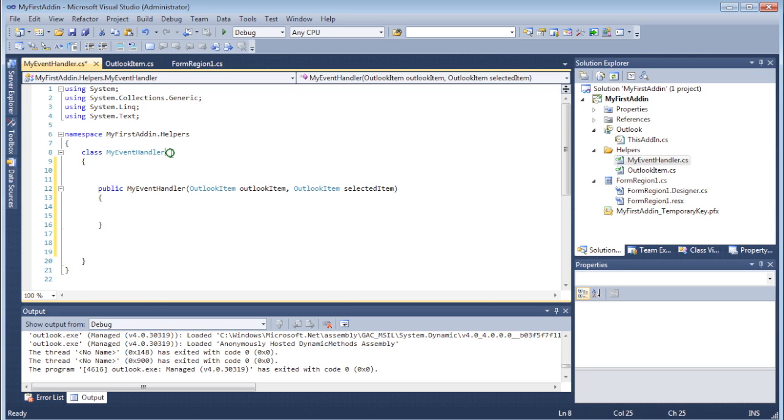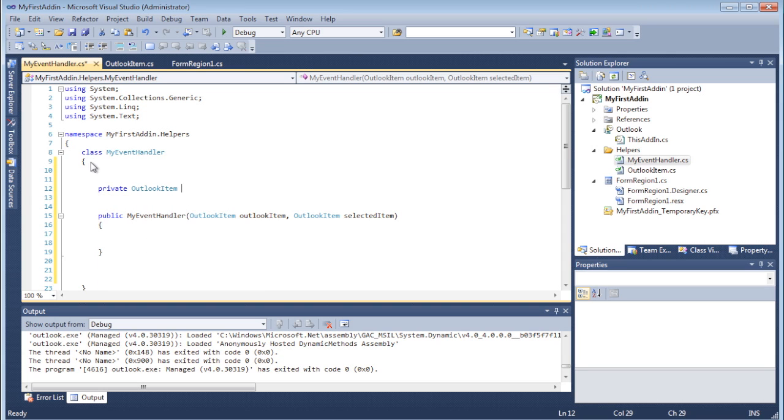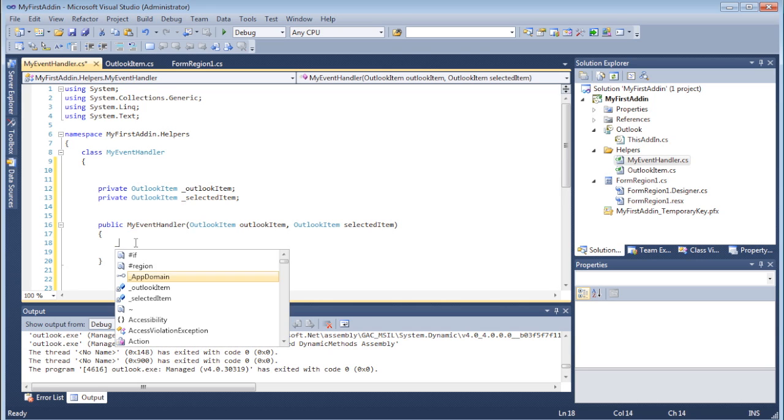Now, in my class, I need to add some private, so private Outlook item. All right. So now when I come in here, I want to say Outlook item